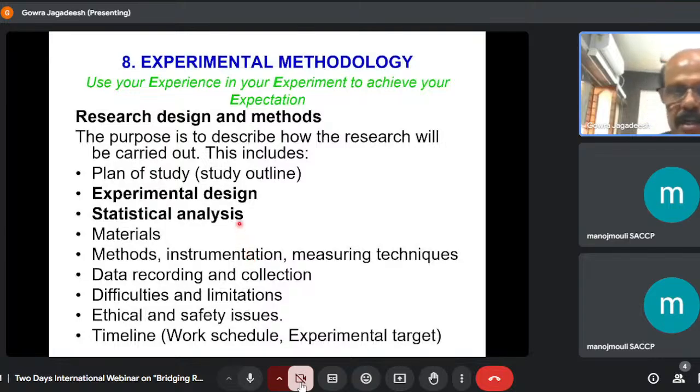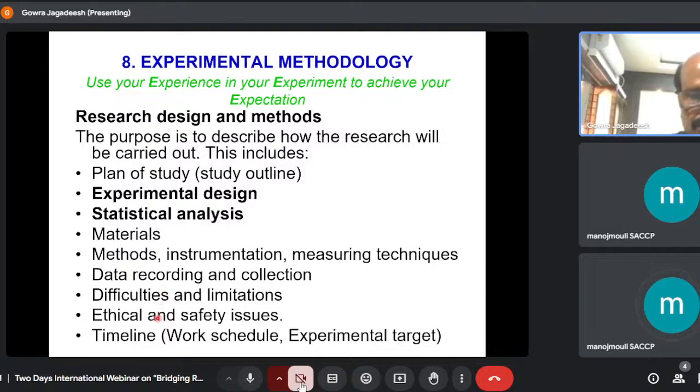Now, experimental methodology. You will build up this one. You write a plan of study outline. This is for your protocol. Experimental design, as I told you earlier, statistical analysis, materials and methods, instrumentation, data recording, collection, difficulties and limitations, ethical